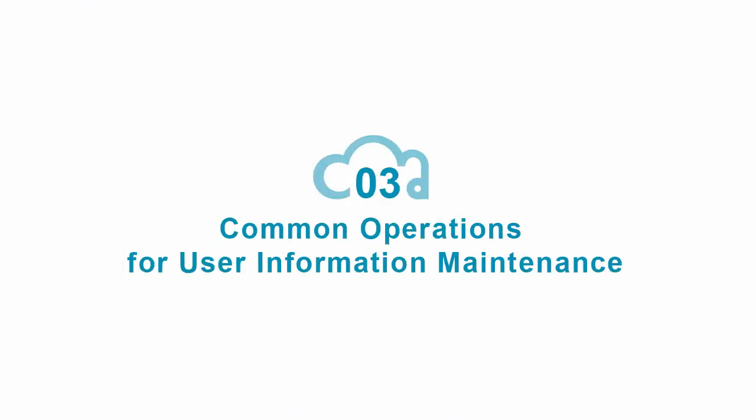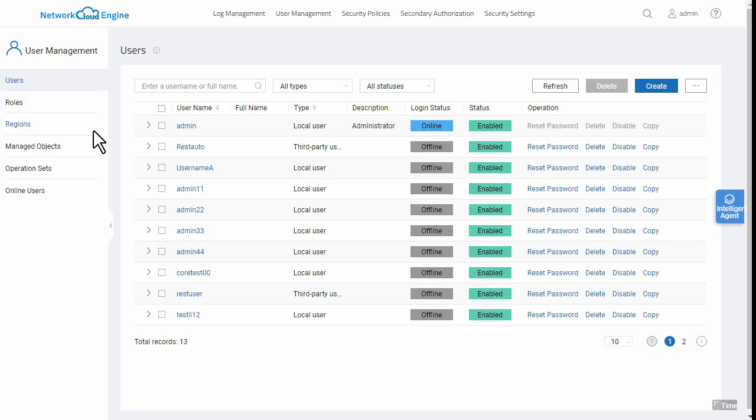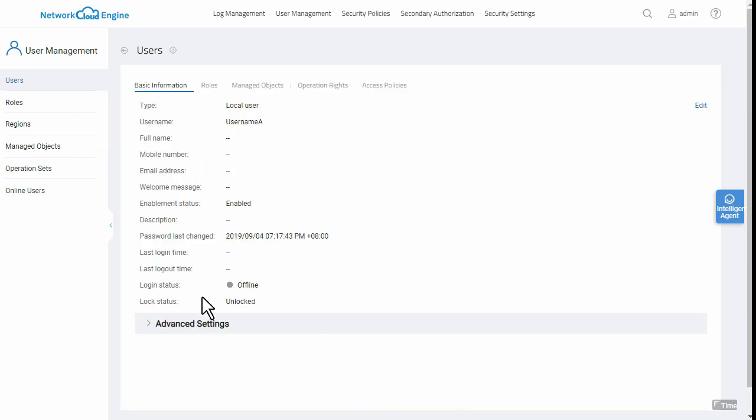Common operations for user information maintenance. Click Delete in the table to delete a user, or select multiple users and click Delete on the upper right corner to delete users in batches. Click a username to view the user information on different tab pages, including the basic information,